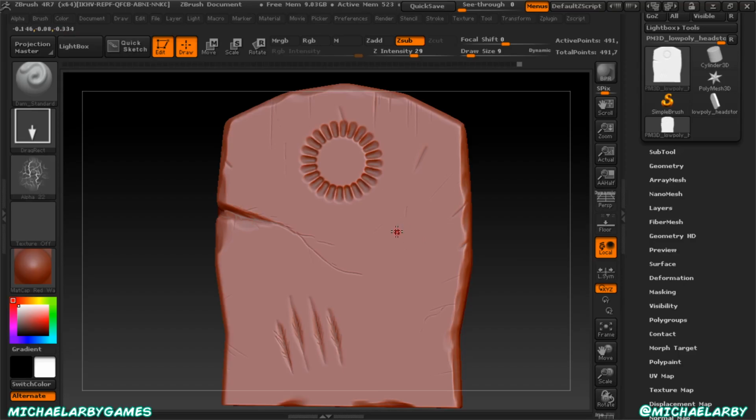I'm going to add, by clicking and dragging, these kind of craggly patterns to it. Now, that is very, very intense, very strong, maybe a bit too strong. So we're going to undo that. I'm going to turn the intensity way down. And with this drag rectangle mode, I'm just going to start dragging out some cracks onto the surface of my